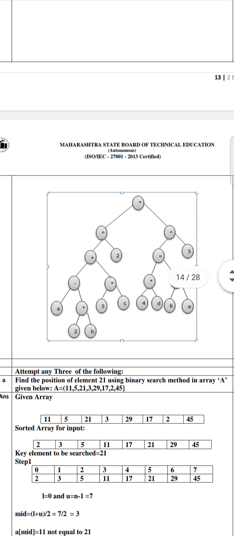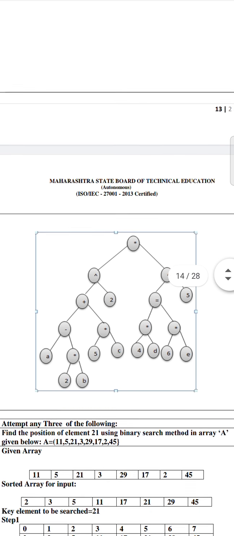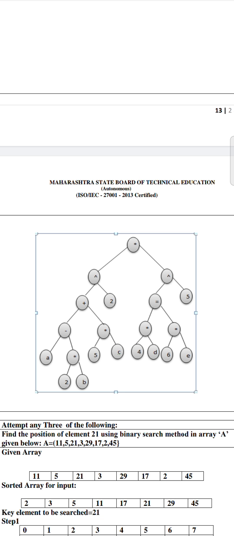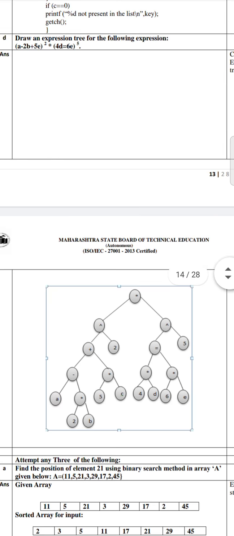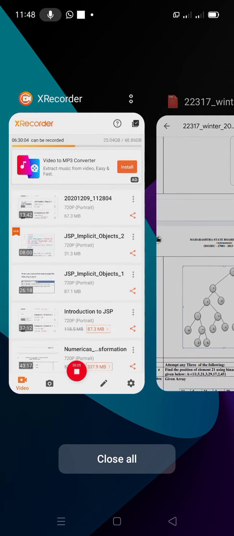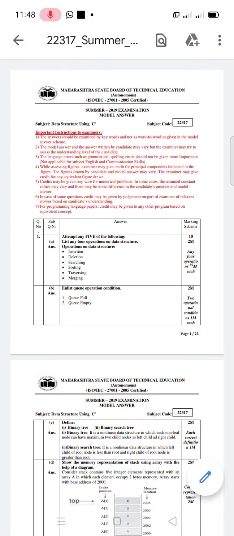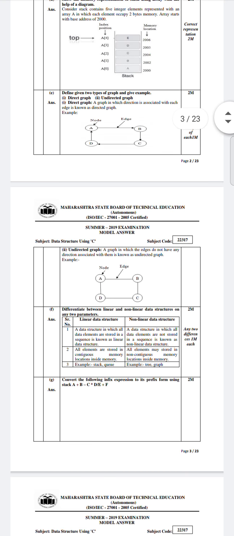What I have shown you is that for the power operator we are using an upward arrow symbol. They have used this particular cap symbol, so you can use an upward arrow or a cap symbol, it is up to you. But in data structures, generally as per the reference books, they use an upward arrow. So you can use both operators, and you don't need to worry about it. Now we try to solve one more problem from a previous question paper. We try to see a problem from the summer 19 paper.